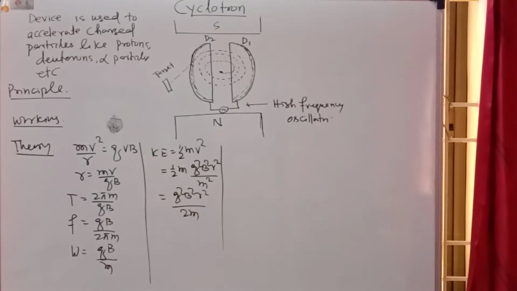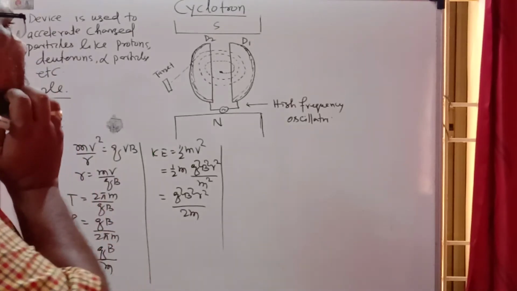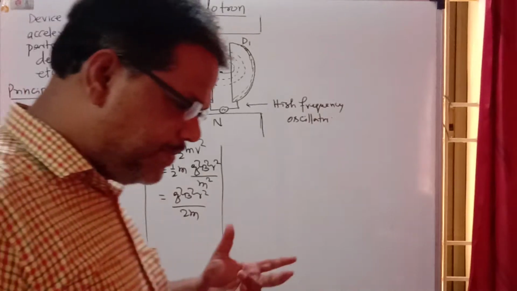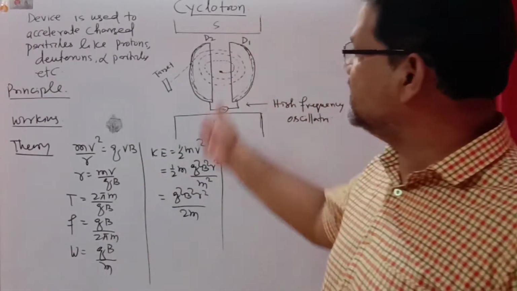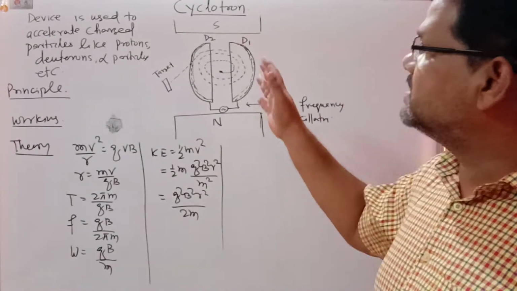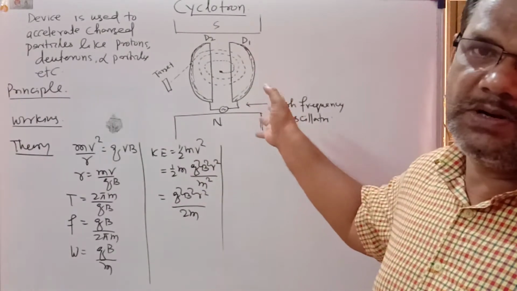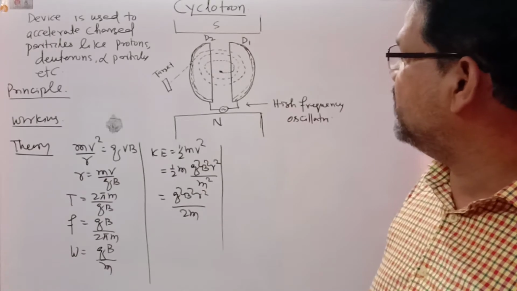Good morning, students. Today you have to discuss the cyclotron. Some typical points you should understand. You already have the notes and have read them once again, I think. Just the typical points I want to discuss here. What are the important points?